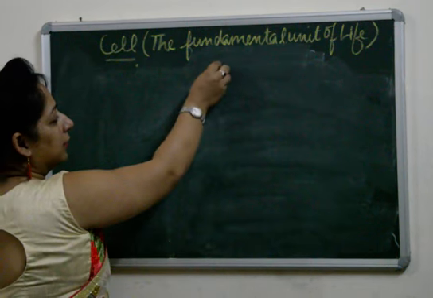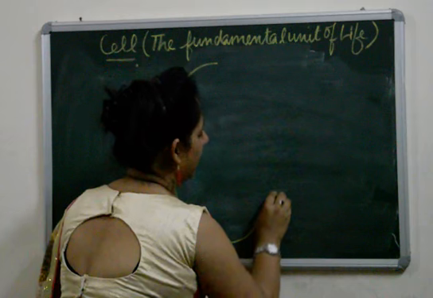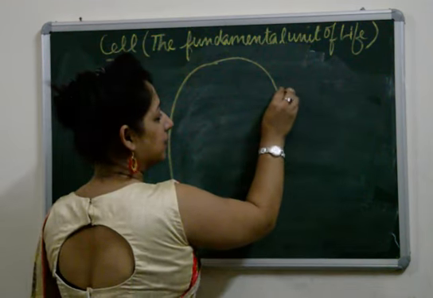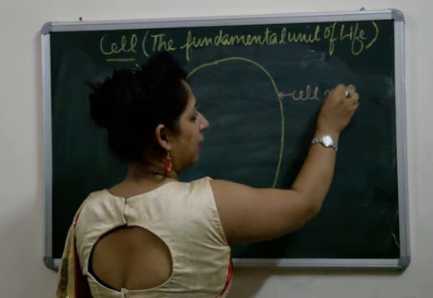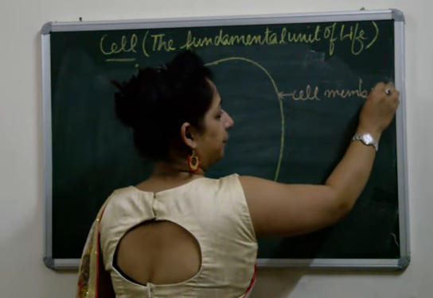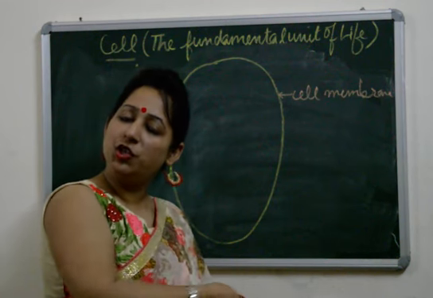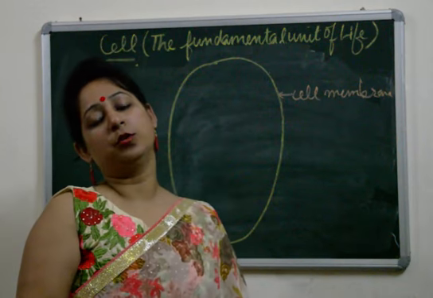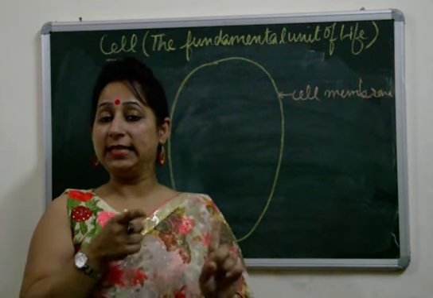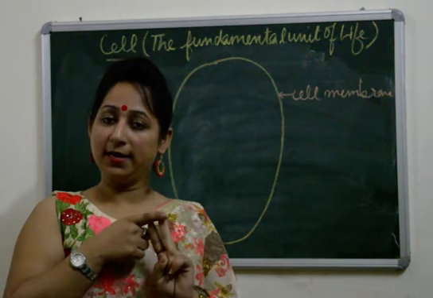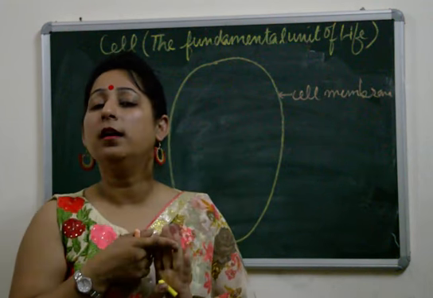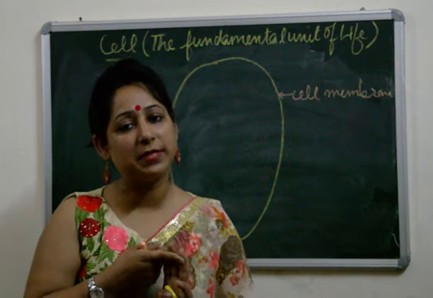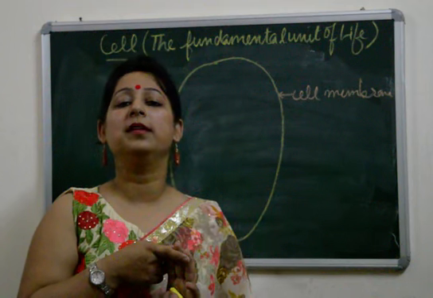To start with, the first part of the cell is the outer covering of the cell, which is known as cell membrane. Cell membrane, it gives the shape to the cell and protects the internal parts of the cell. Other things which are related to cell membrane are: first, it is a thin elastic membrane. Second, it gives shape to the cell. Third, it is semi-permeable. That is, it allows only selective substances to pass through it and prevent the entry of